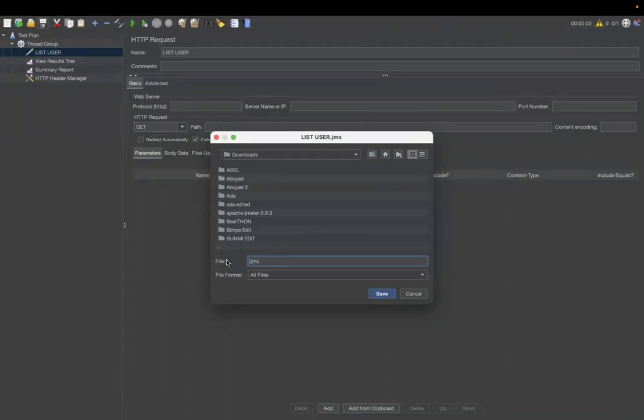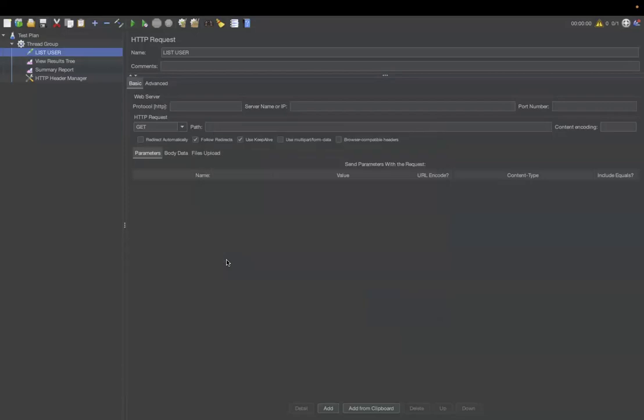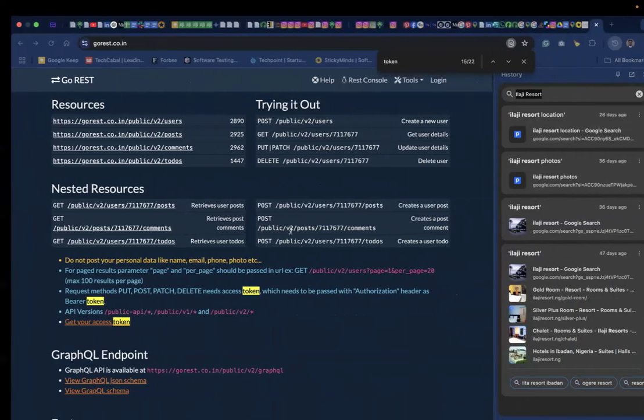So I'll call this test one. All right, so I've copied the server name or IP, which is gorest.co.in/public/v2/users. All right, so to quickly confirm something,